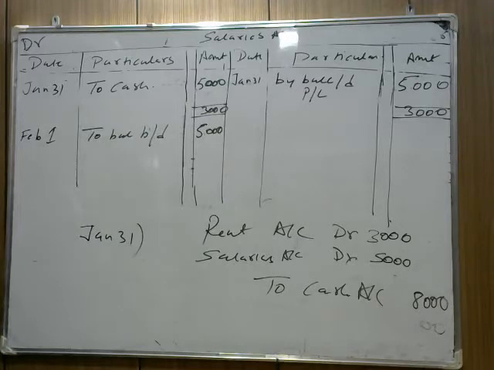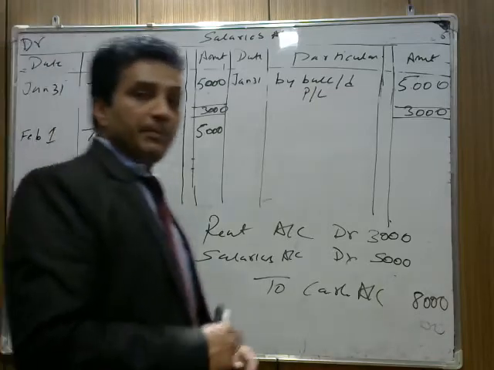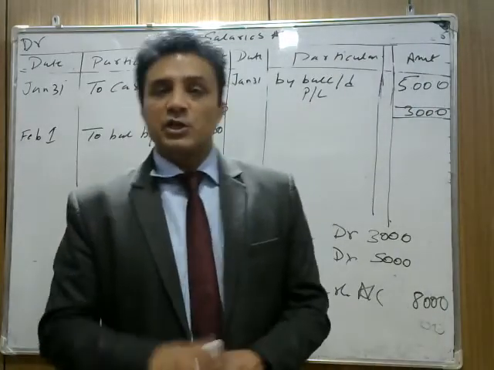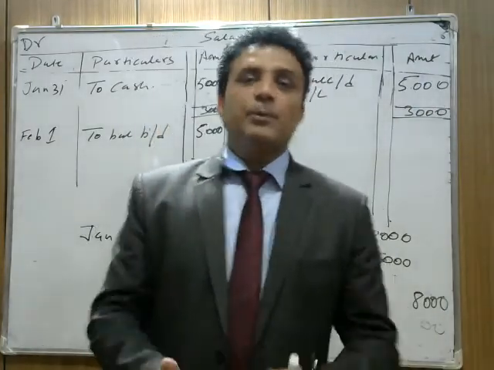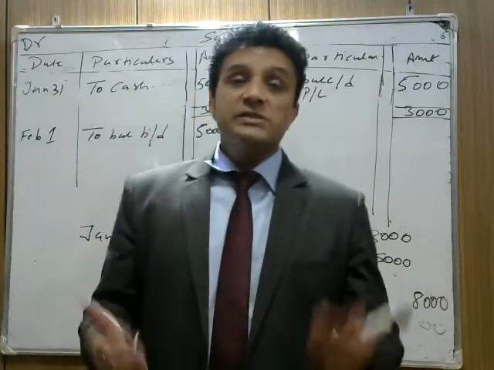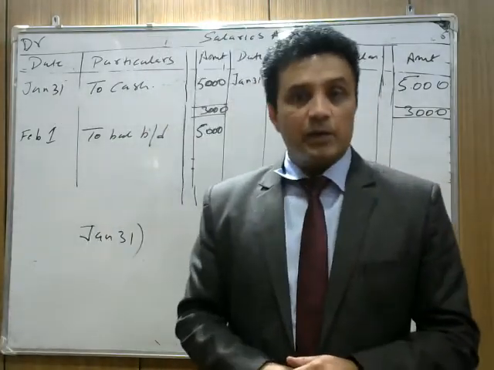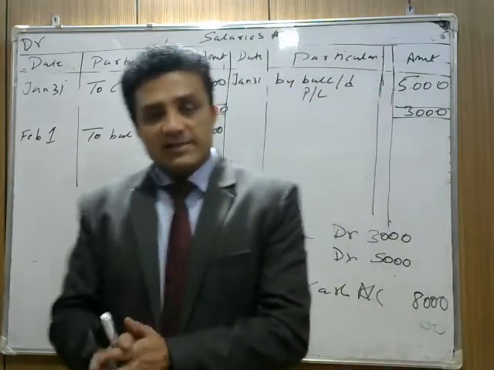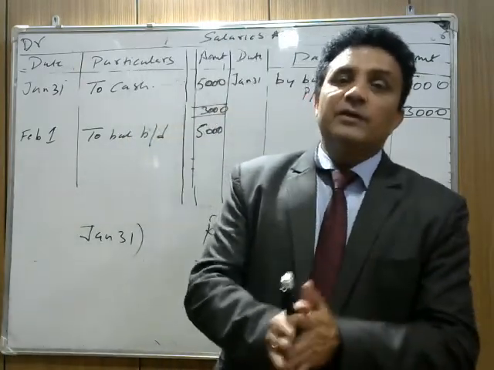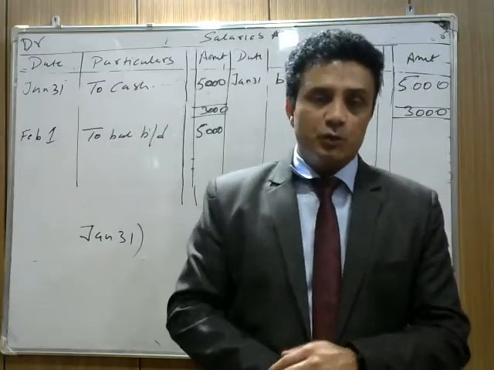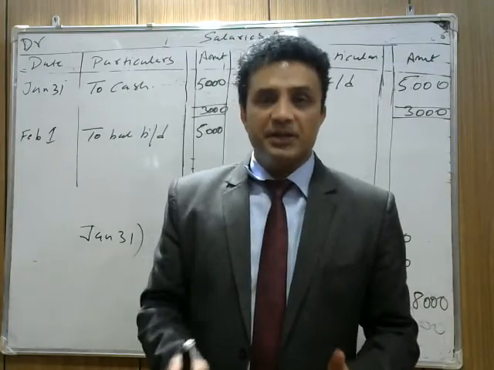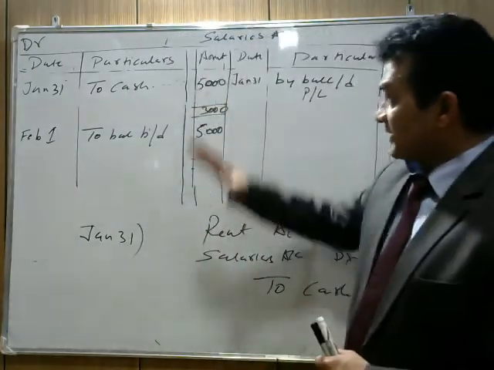So we will do the concept of trial balance in my next video. First, I hope you understand how we prepare ledgers, because I told you when you know the ledgers, it becomes very easy for us to understand the trial balance, and with the help of trial balance, we can make final accounts, one of the most important chapters in class 11th accountancy. That's just final account, and it's important not only for class 11, even for class 12th, even for higher education. Those who are aspirants of BBA and MBA, the final account always continues. That's the important part. I hope you understand the ledger.